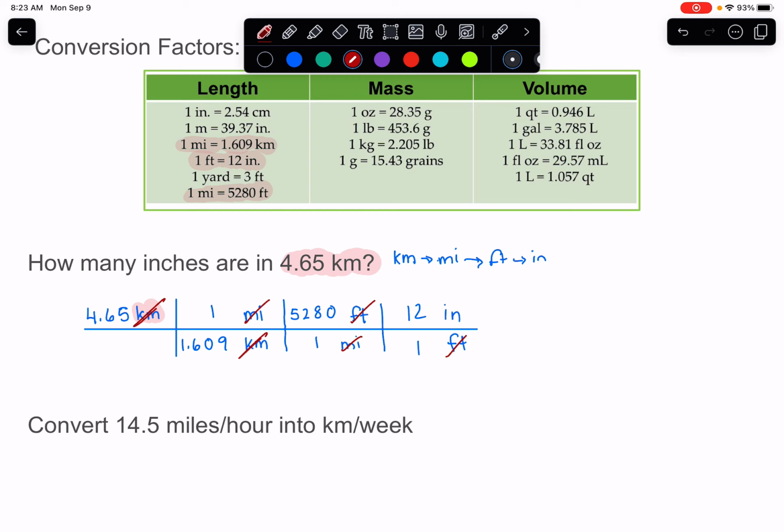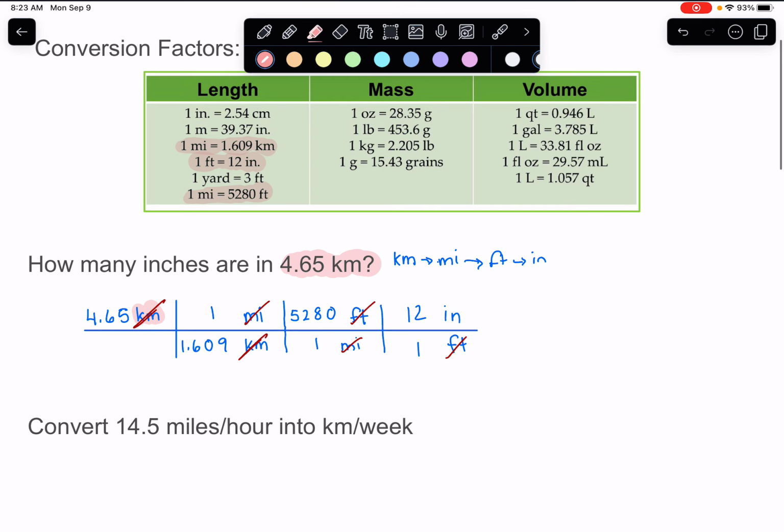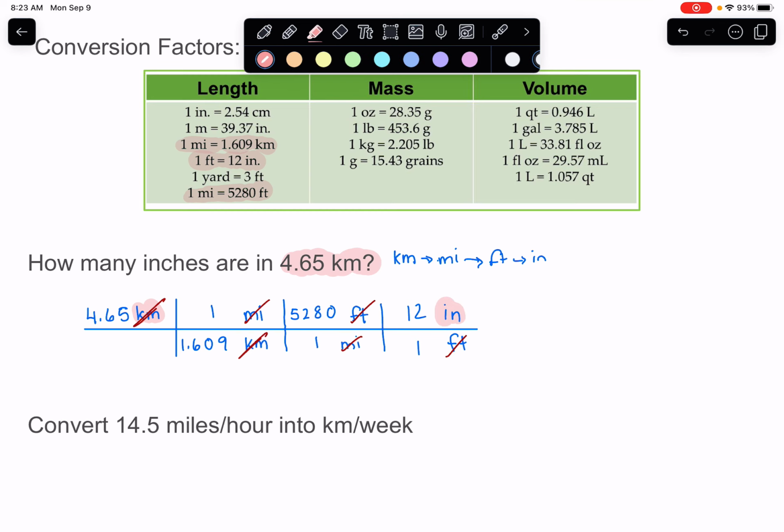Like that. All right, so you can see here the only unit that is left that is not canceled out currently is inches, and that means my final answer is going to have units of inches. That's how you do the setup. Now to plug this into your calculator and get an answer, you're going to start with the number at the beginning of the problem, 4.65,